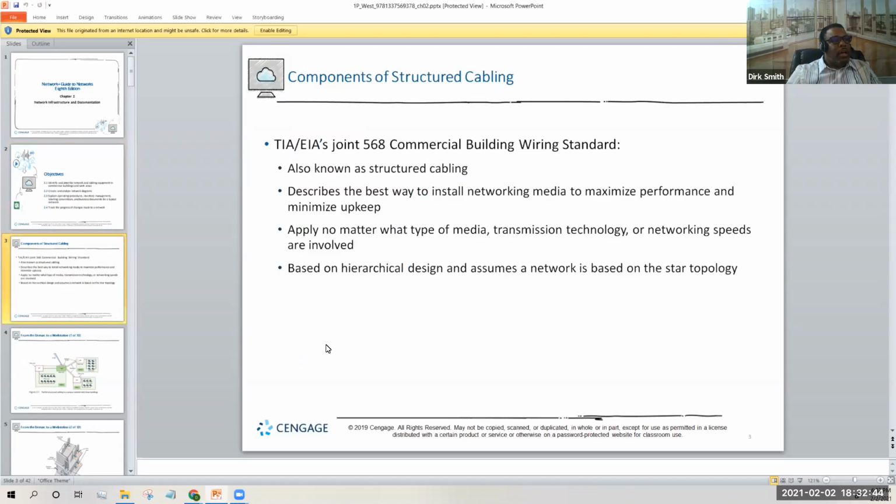So the TIA and the EIA is a joint commission for commercial buildings. This is an organization that comes up with the wiring standards for networking. So they come up with the different wiring standards, and when you're building a network, you have to have